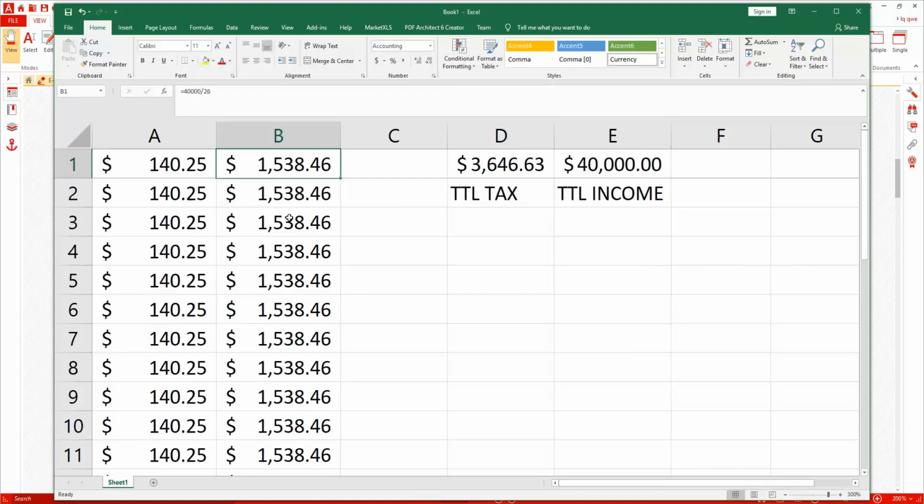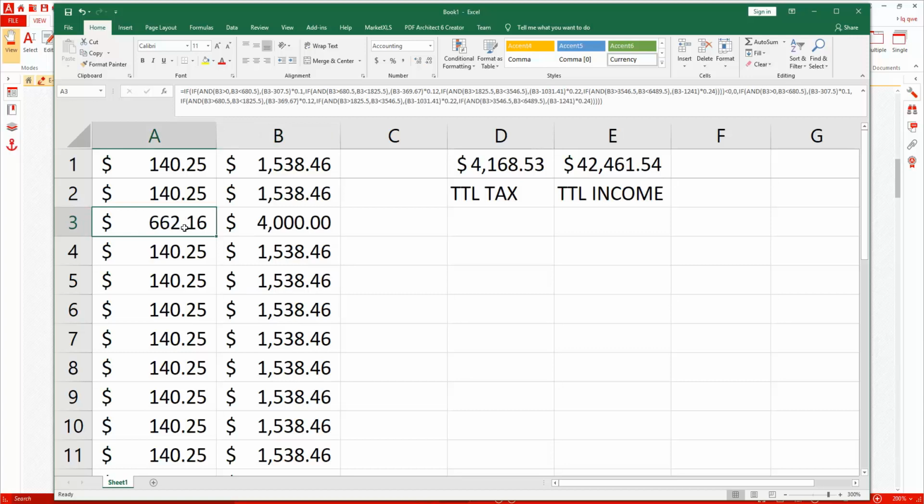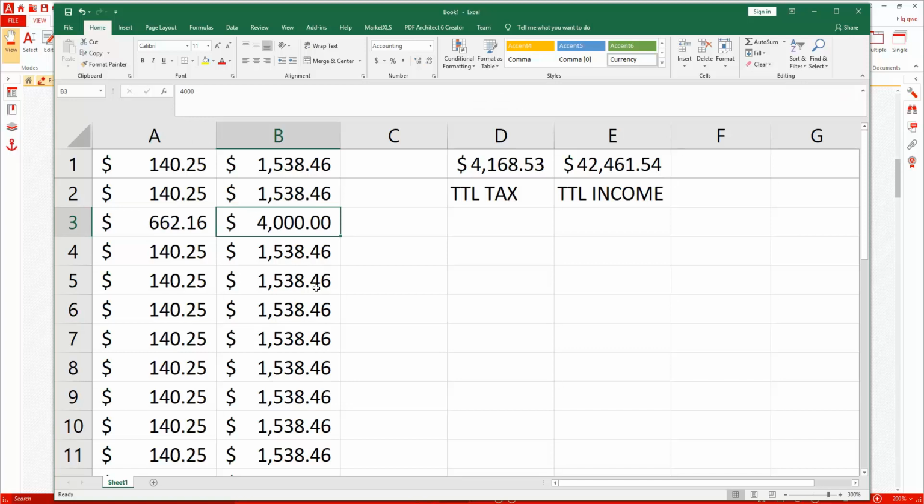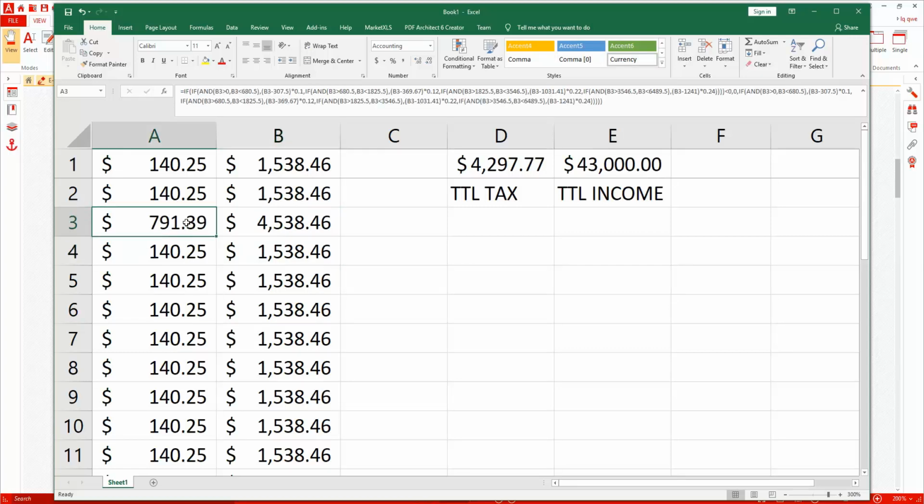Now, what happens when you get that bonus? Let's say that bonus is large. Let's say you got a $4,000 bonus, okay. Well, as you see here, your federal withholding is going to go way up, right? And matter of fact, let's do this easier. Let's do 45, 38, 46. Okay. You see, your federal withholding is much larger because of this bonus. And I'll show you in a second how that works.